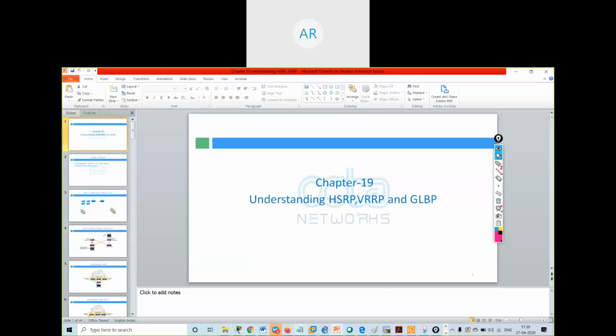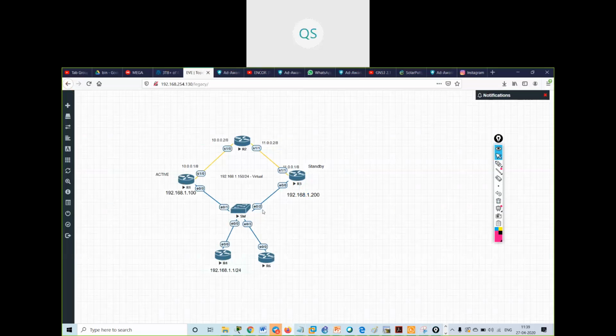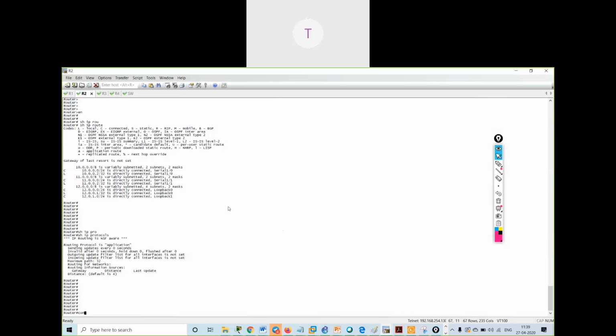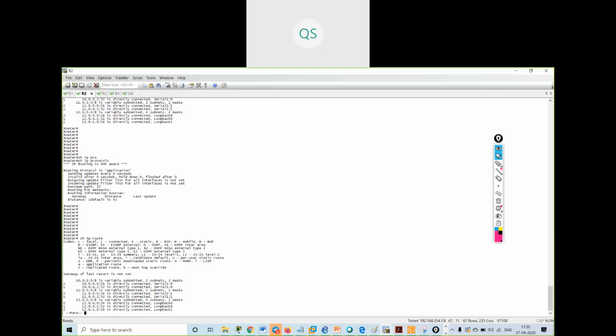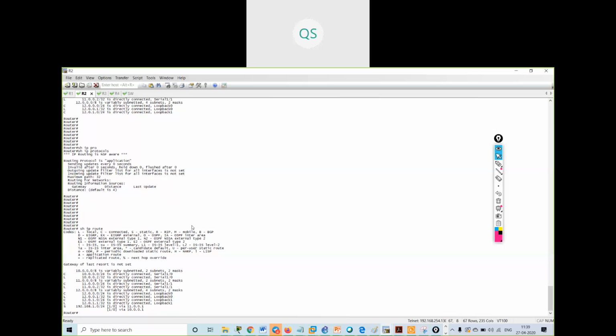So basically, we needed to have a route for reaching 190.161.1. There are two paths, through 10.0.0.1 and the 11.0 network. That's what I've configured over here, but why is it not showing me? Might be there is some issue. I have configured it, because if I had not configured it, it should not give me the ping reply. Correct? See, I got it. It was not showing previously, but now it has shown.